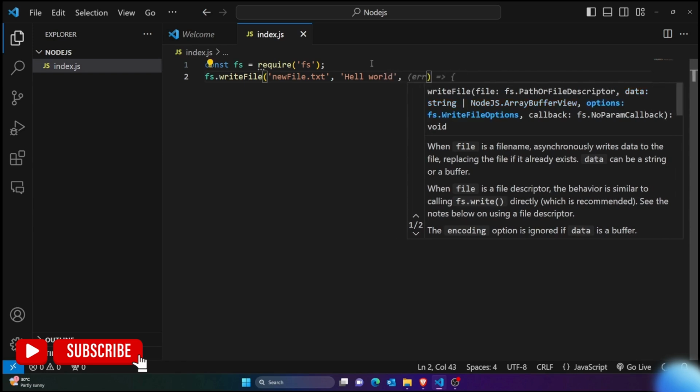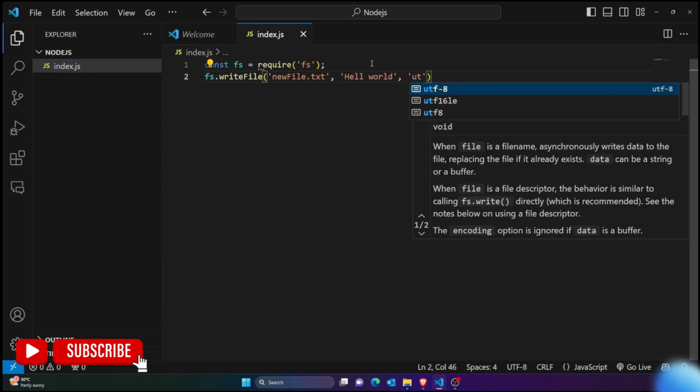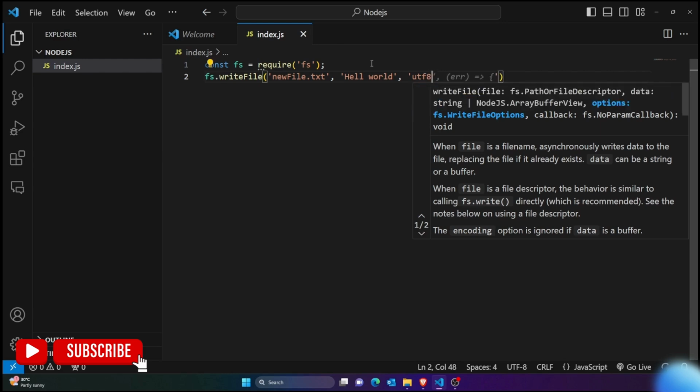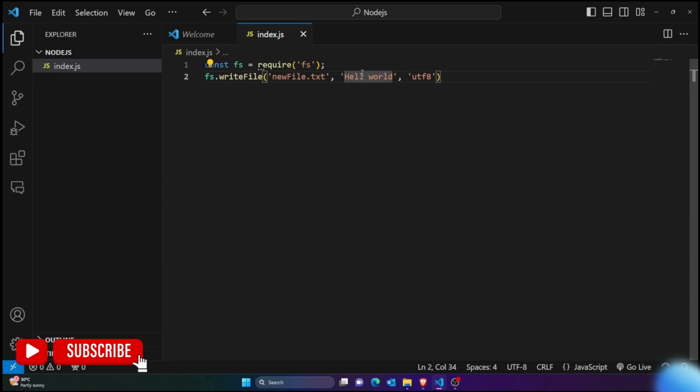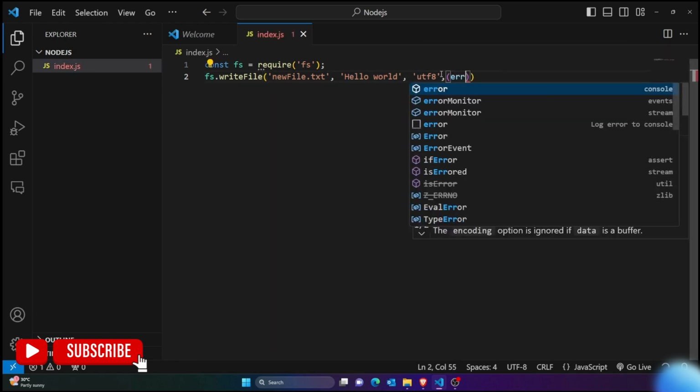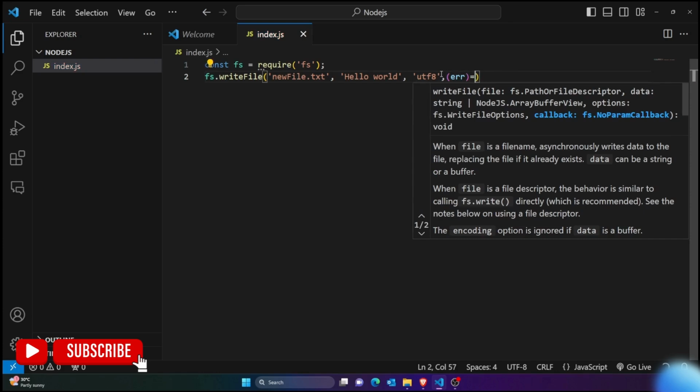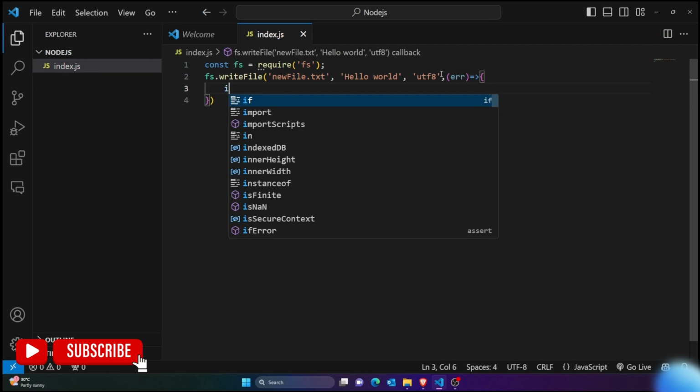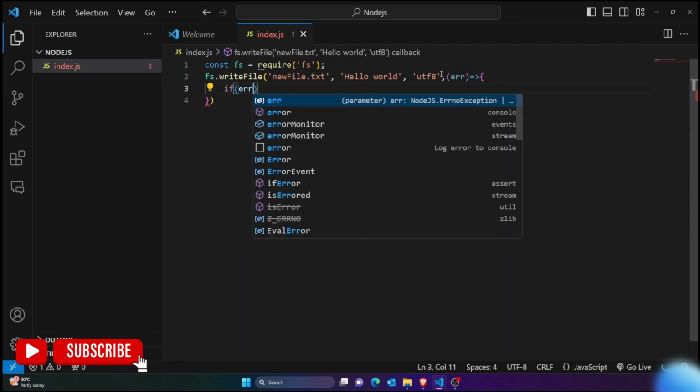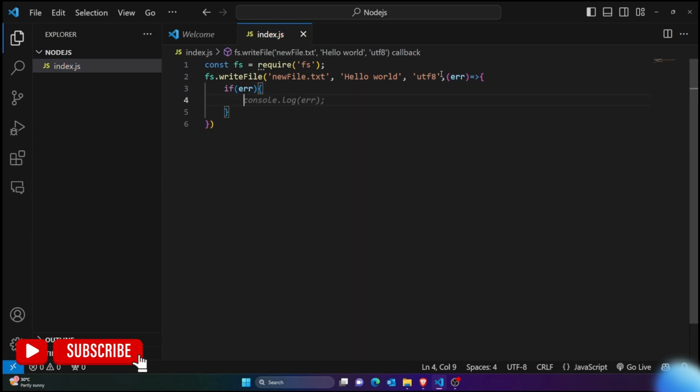After this I want to specify what kind of data I am passing. So I'm just passing UTF-8 format data. You need to write UTF-8 because this is the format, and that means the computer would recognize this as UTF-8. Then you're just going to say err, if there is any error. If there is an error, you can just print the error, else you can say file created